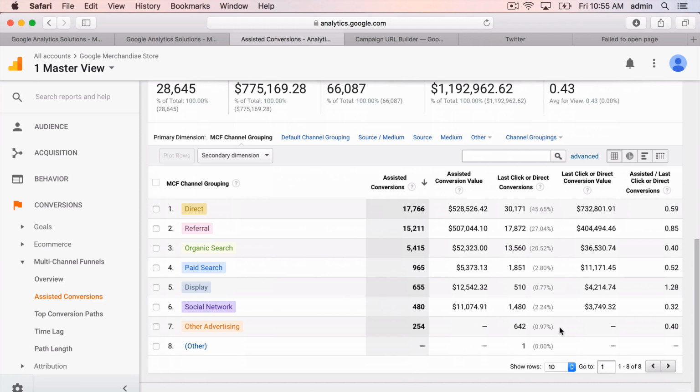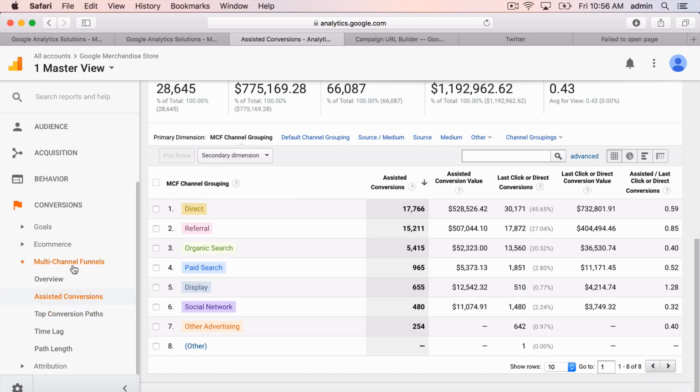And the value generated by social media is $3,749. So you are giving an exact numerical value for the work you have delivered for the company. Now that we know how to set up conversion goals, how to tag campaigns, and how to come up with a numerical value which is tied to a business objective and which proves the effort which you are putting in social media,